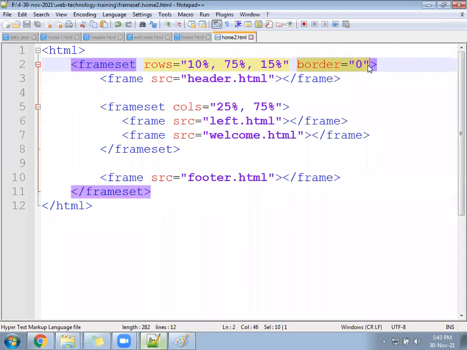If I have missed something, you can record it on the left side. Left.html, what do you have? So the left.html, you have not created yet. Come to the browser, click in the URL, enter.